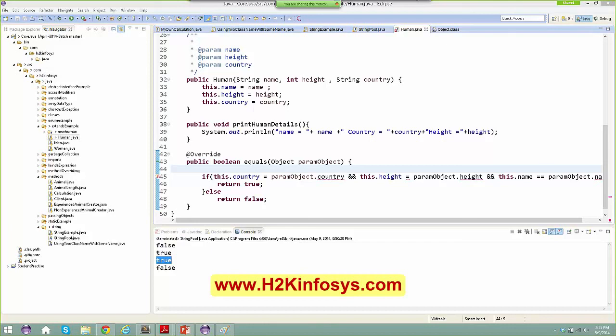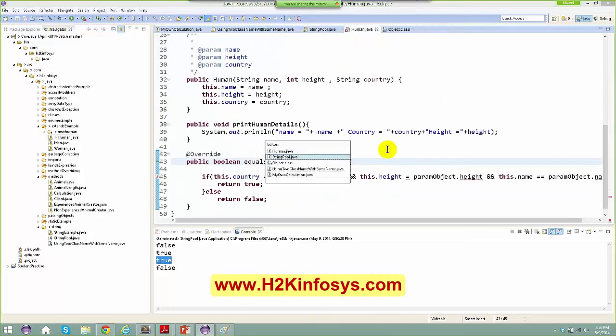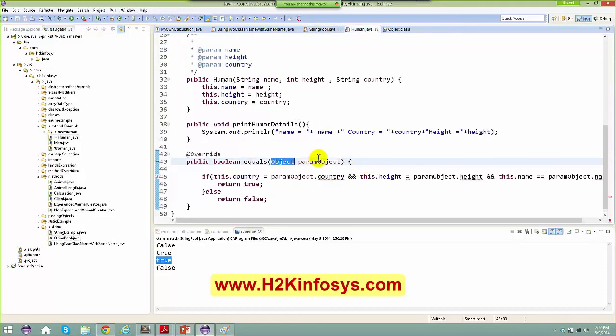Okay, I've got a couple of answers out here. I just got only one answer, right? So let me just tell you what to do here. Now, what is this object out here? String pooling. So the object is the one object we are passing as human. As we have referred to it, this is the reference of your superclass. From superclass I have to cast it back to your subclass, right? So I just need to say here,